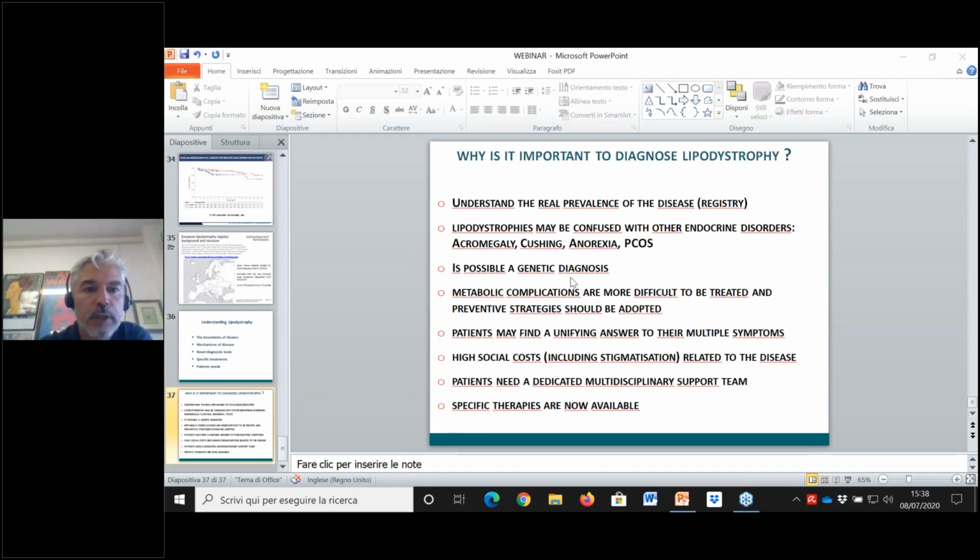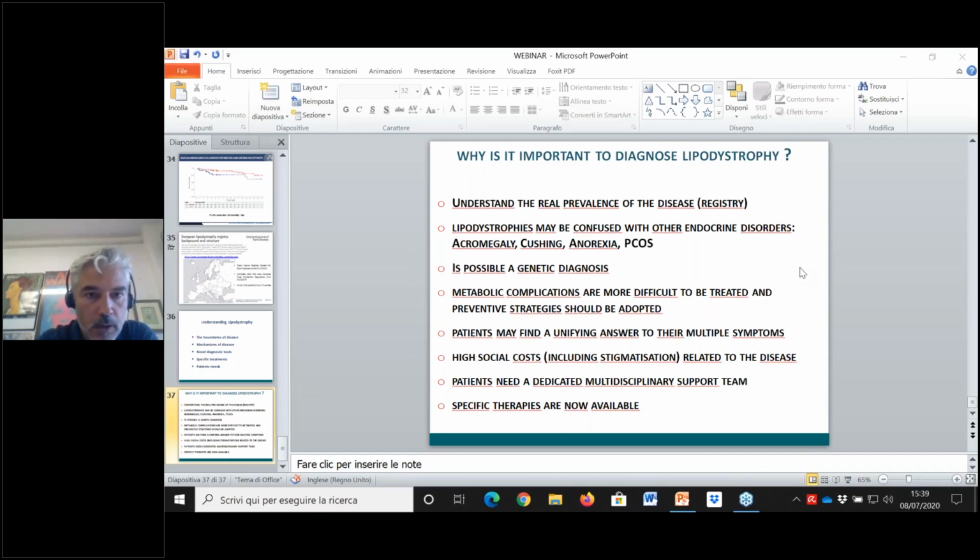Could fibromyalgia be confused with familial lipodystrophy? I've been diagnosed with both. I think so. The chronic pain is not very far from fibromyalgia. I'm not an expert in the diagnosis of fibromyalgia, but there is no doubt that the condition can be confused. So it's important that a patient is followed by an expert in lipodystrophy to rule out the disease, and also by a very good rheumatologist in order to make sure that the fibromyalgia clinical requirements are fulfilled.